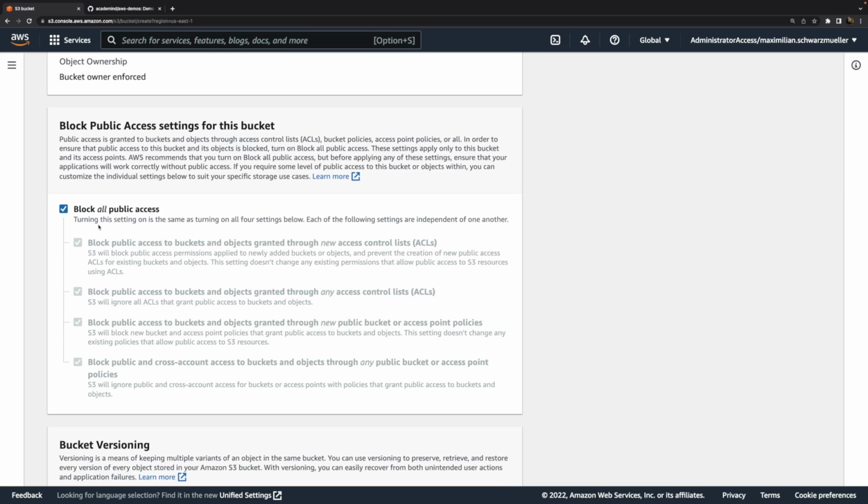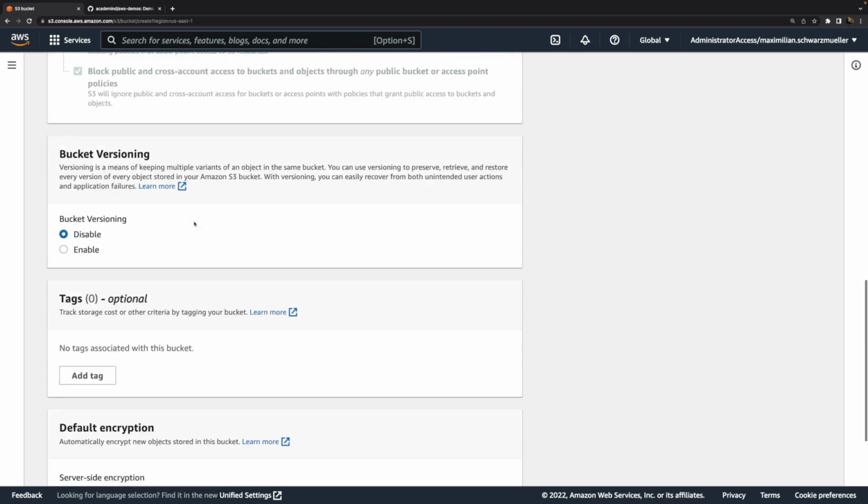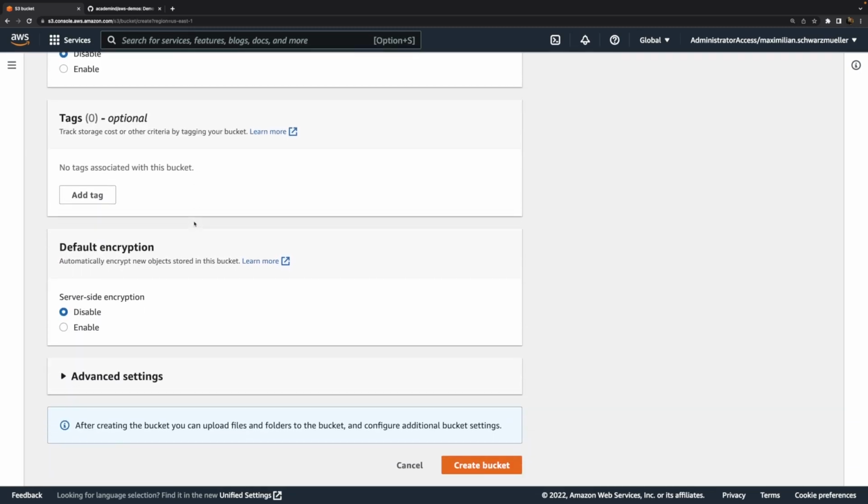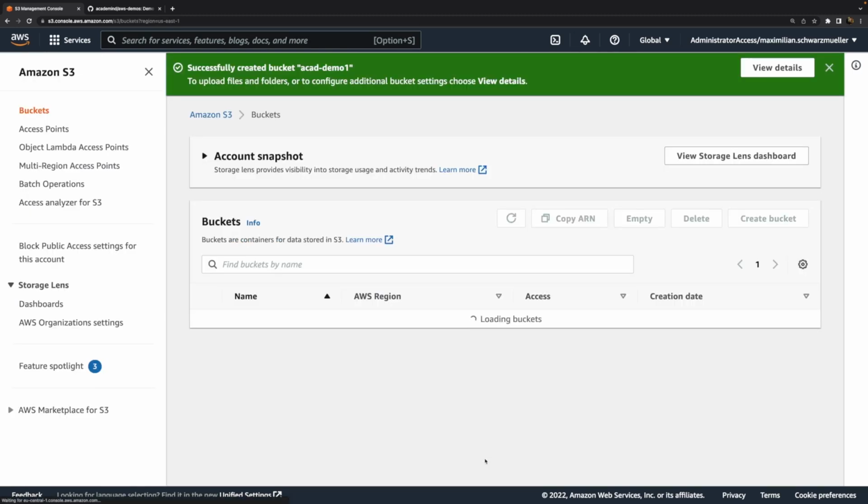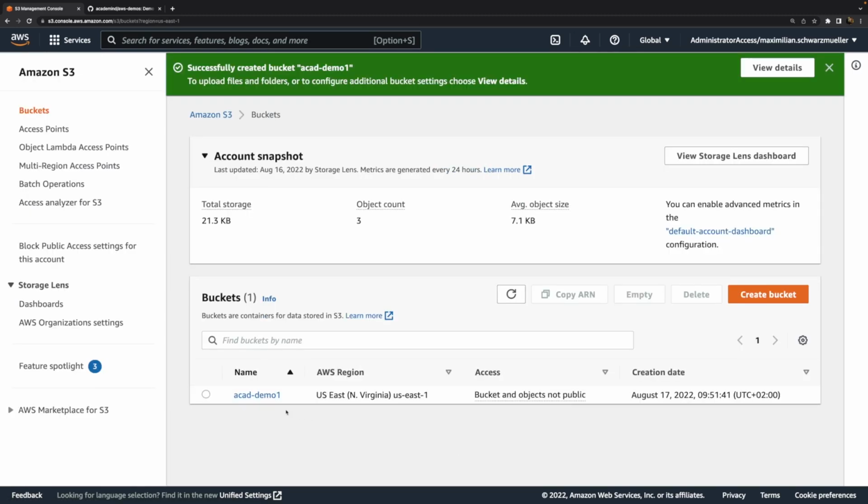That's something you could do if you would use this bucket to host a static website, for example, which is something you can also do with S3. It's not what we'll do here though. Instead, I want a private bucket which is only accessible by me, so by this account. Hence, I'll keep this setting and I'll also not use any of the other settings here and instead create the bucket like this.